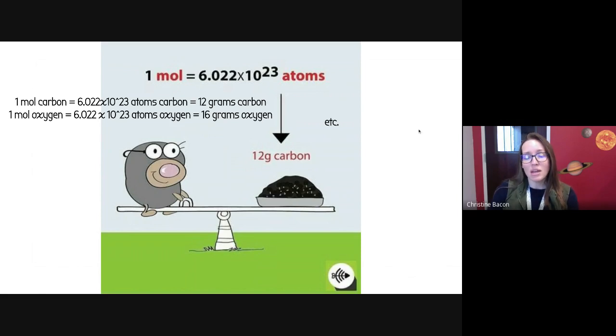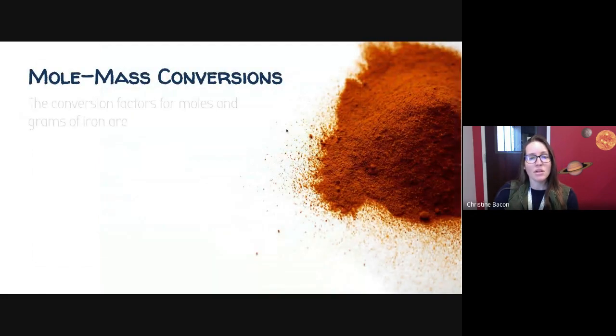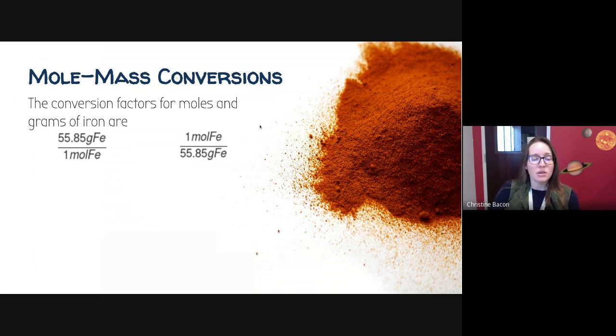As long as you know an element's atomic mass, you're able to calculate its molar mass, because it's the same thing. So let's do an example. We are going to convert moles to mass of a substance. So if we know that the atomic mass of iron is 55.85 on the periodic table, we can also say that its molar mass is 55.85 grams of iron per mole of iron. So 1 mole of iron, 602 hexillion atoms of iron, weighs